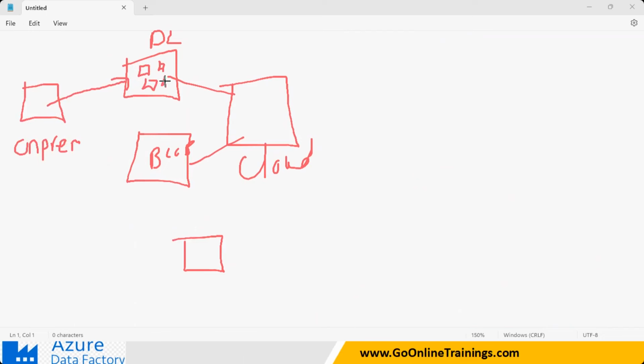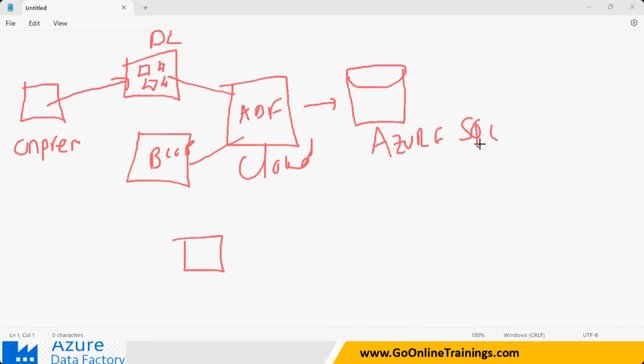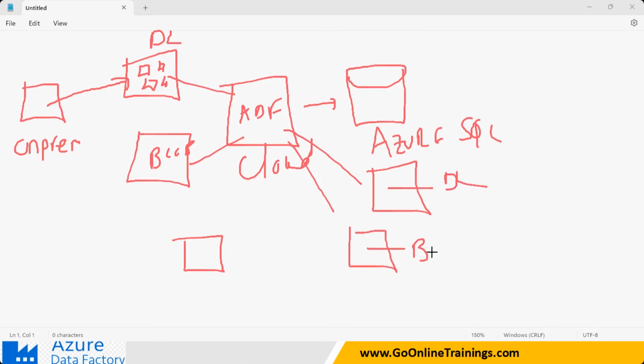From here, I will be able to take the data using ADF, and it may be pulling the data to one more Azure SQL, or it may be pushing the data to one more data lake, or pushing the data to the blob storage. Clear? So these are the data storages.